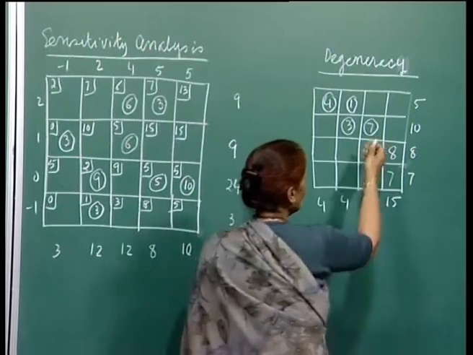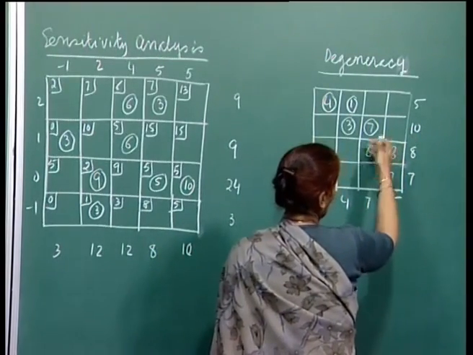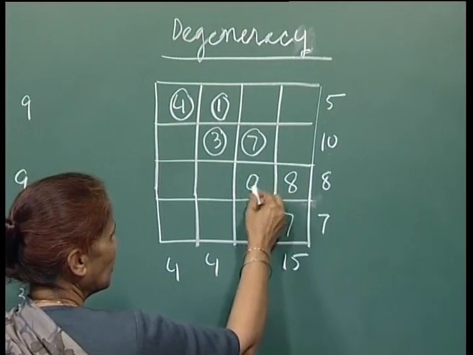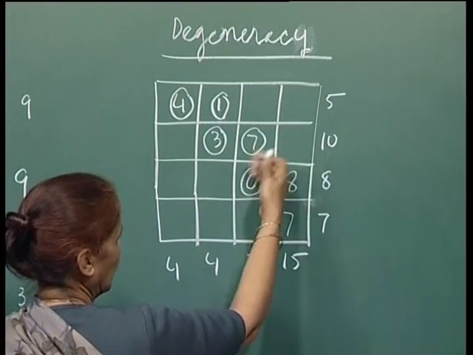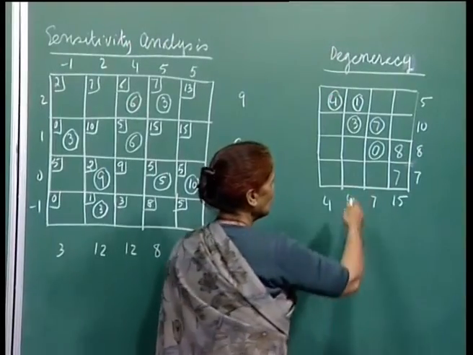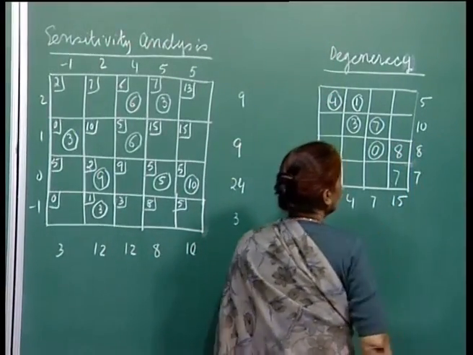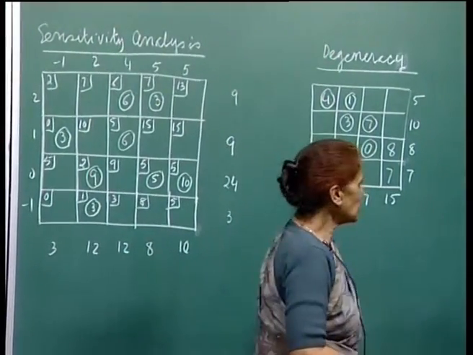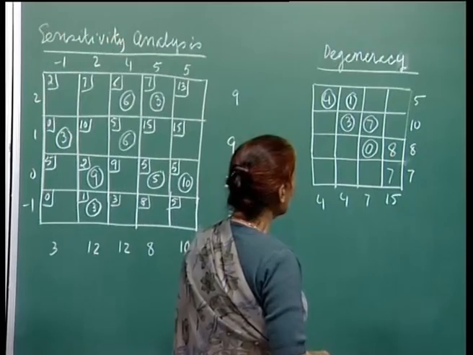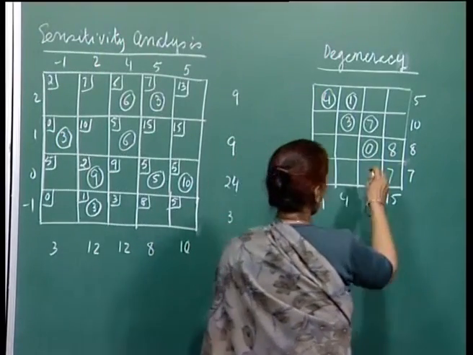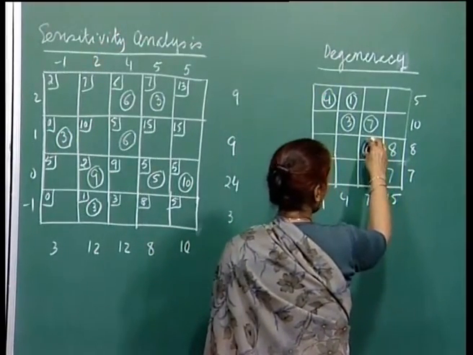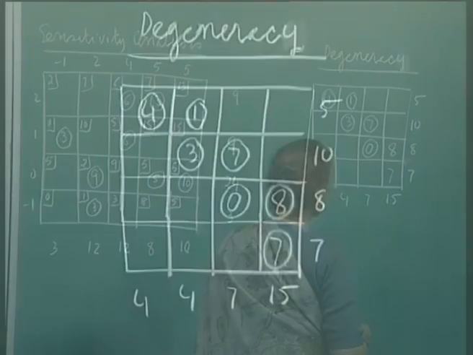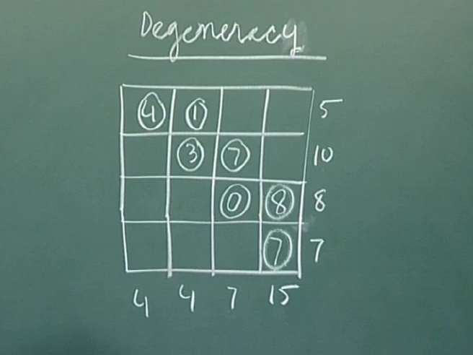And so you can neither move here nor here to make a positive allocation. Therefore, you have to allocate a 0 here or here, you could do it either way, and then continue with this 8 and then 7. So this is where degeneracy will occur, and this is a necessary condition. The value of the basic variable here is 0, and if we remove